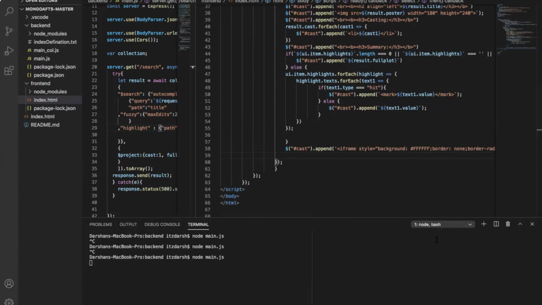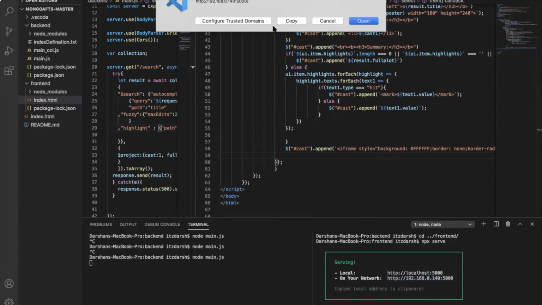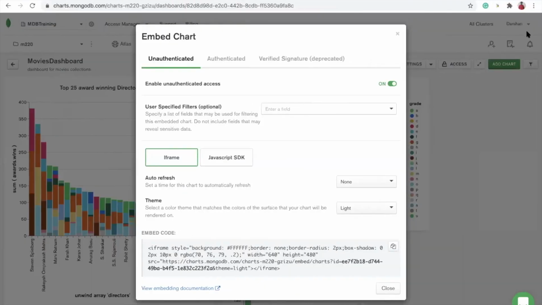So I have to start this page using npx serve. My front end will be running at this particular URL.